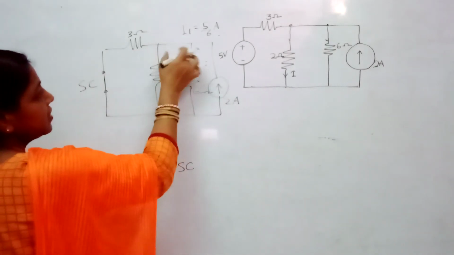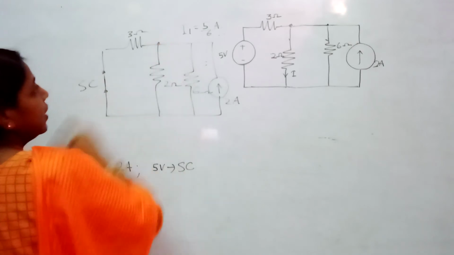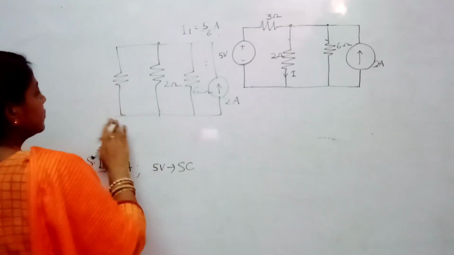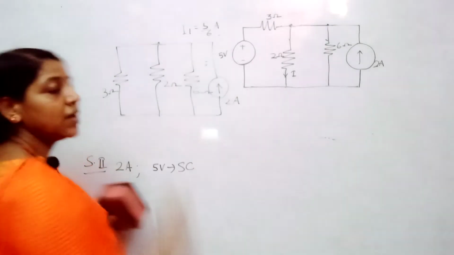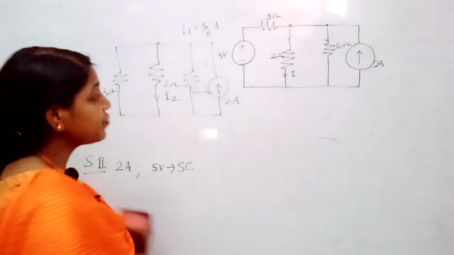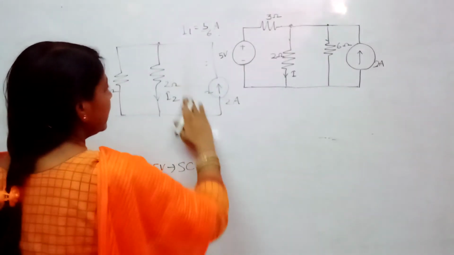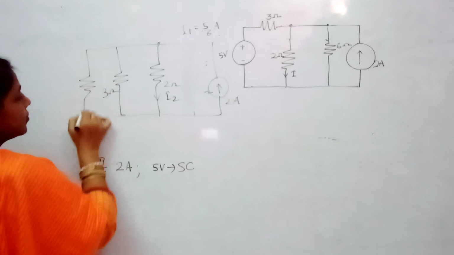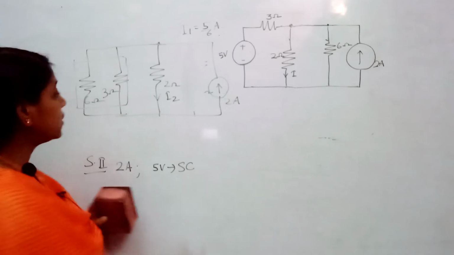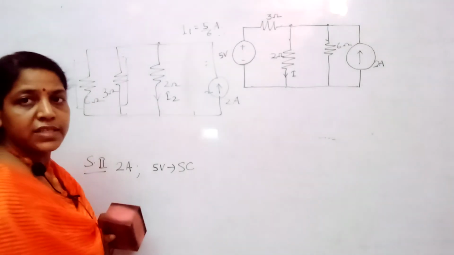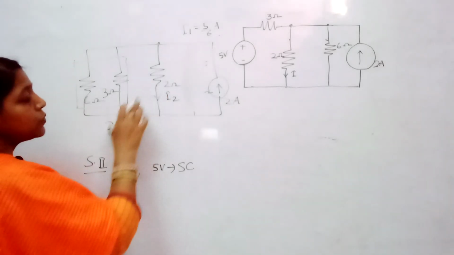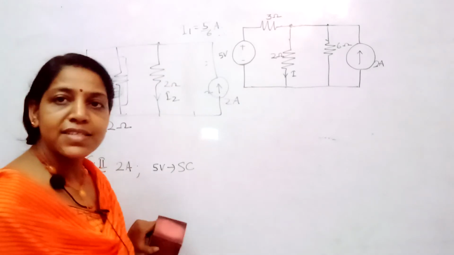Now see here, give a bit of attention here. This short circuit, this resistor, all the 3 are connected to a single node or not? Can I replace these 3 ohms like this? Now all the 3 are connected in parallel. My target is to find the current across it. Let it be I2. Can I take this 6 ohm from this side and join it here? And find the equivalent of this. What is the equivalent of 6 parallel 3? 6 into 3 by 6 plus 3. So 18 by 9, that is 2 ohms. That's the equivalent. Now 2 ohms parallel with 2 ohms, the supply is given as 2 amp.